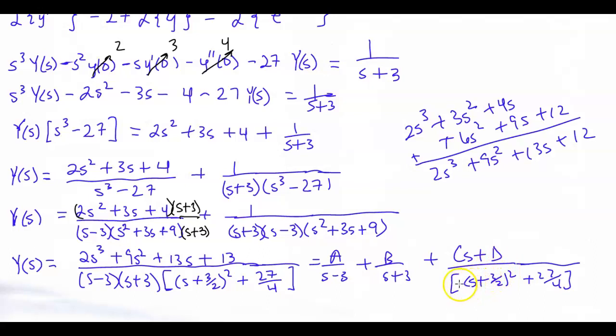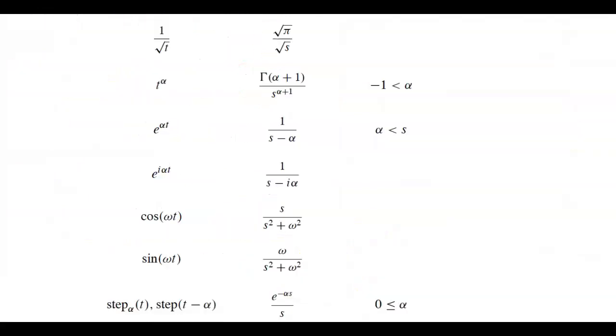And then from there, once we know what A, B, and C are, and D, then of course we can actually go back to our Laplace transform table. And for instance, if I know what A is, if I go to my Laplace transform table, I know that whatever this number is divided by s minus 3 is going to translate to an exponential function. And so that's how we're actually going to use the tables to be able to perform the inverse Laplace transform. Okay,